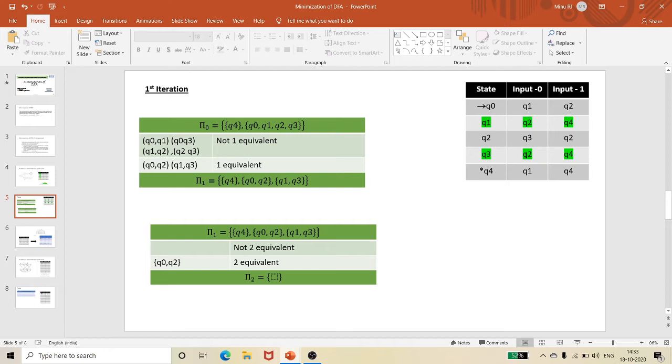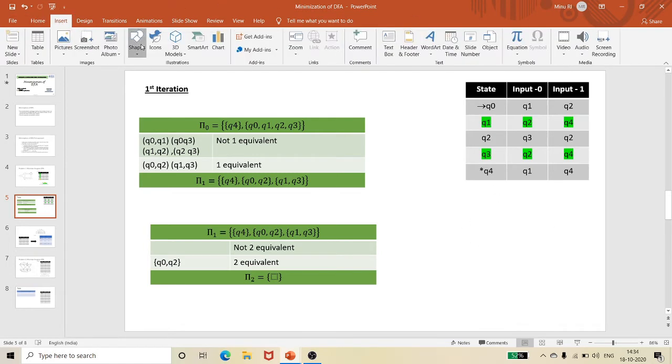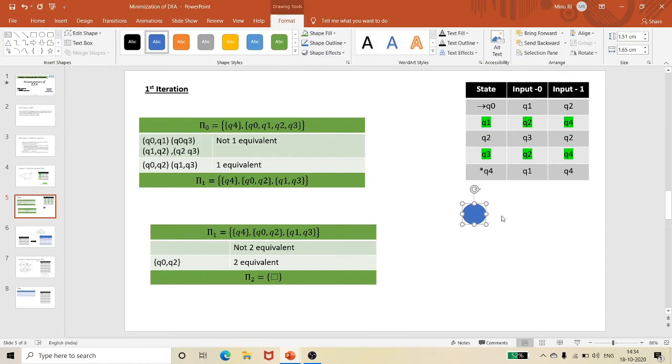Even though this belongs to a different set and this belongs to a different set, if I am going to combine Q1 and Q3, usually Q1 and Q3 will be like different states.